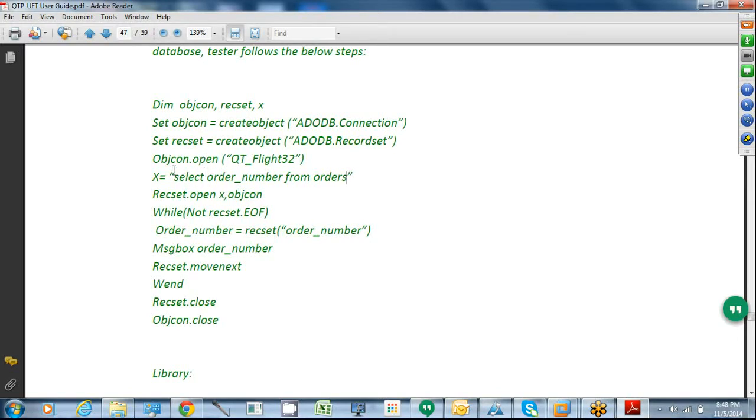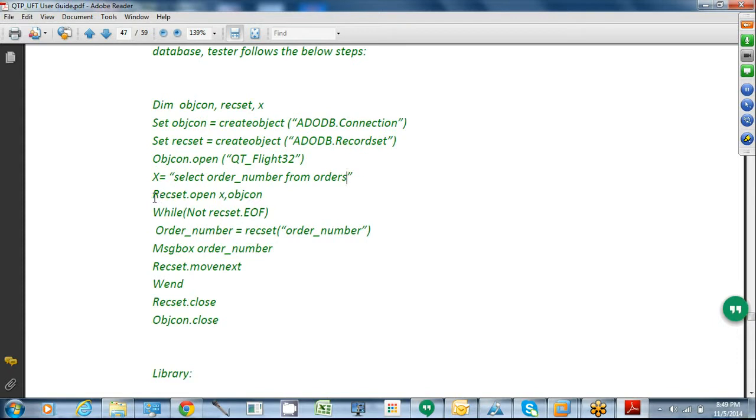After opening the database, you will run a SQL query, right? Then what I am doing is, in the x variable, I am storing the whole SQL query as a string. Since everything is Dim, you don't worry about the string here. So my SQL query is select star from orders, or select order number from orders, or whatever. Just remember not to put any semicolon. It will not take a semicolon here. Normally you will put a semicolon at the end of the SQL query, right?